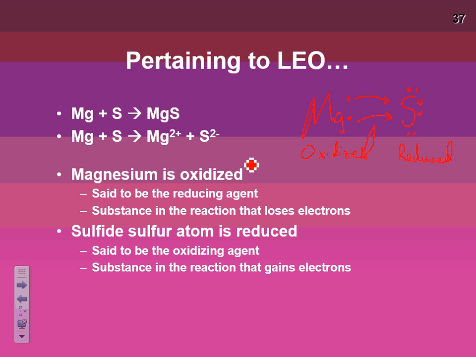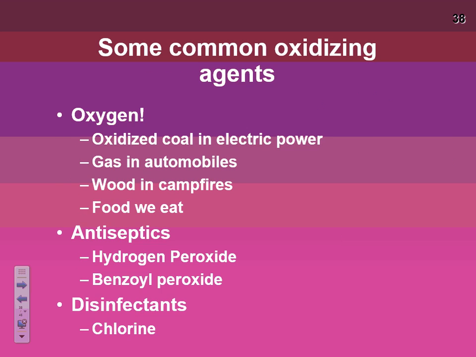Okay, so losing electrons is oxidized, gaining electrons is reduced. So that's basically all three ways that we've talked about it. Okay, some common oxidizing agents: